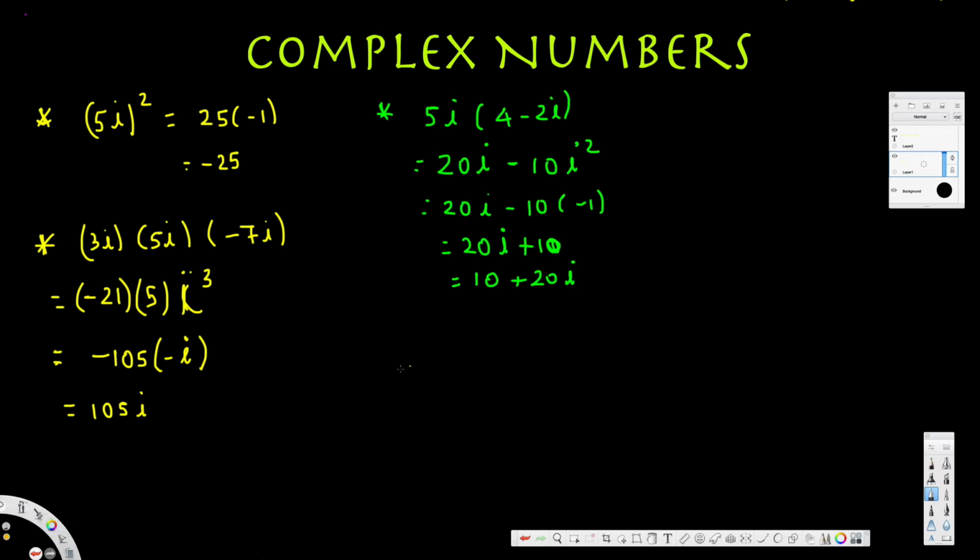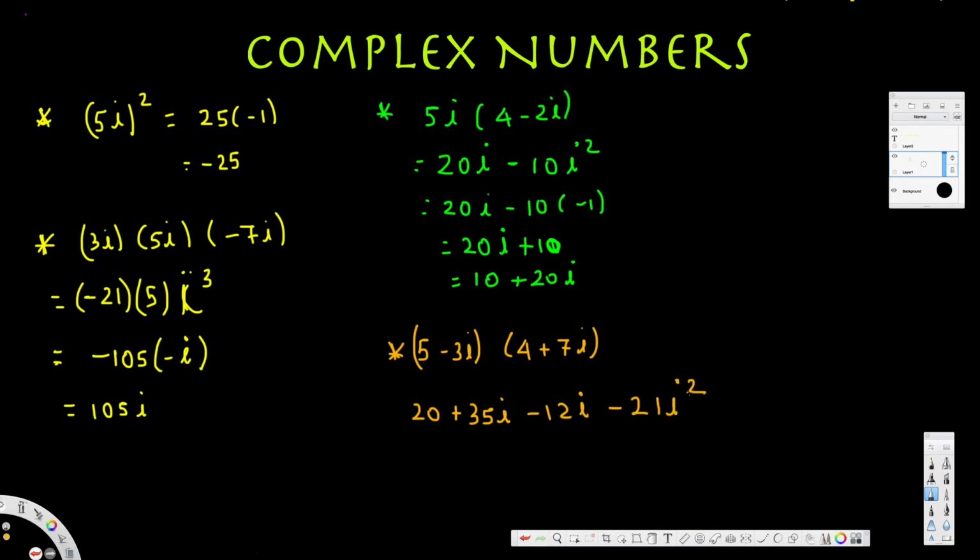Now let's look at another example. Let's say we have something like this: 5 minus 3i multiplied by 4 plus 7i. Here what we have to do is FOIL first, then simplify. If we FOIL this one, 5 times 4 we are going to get 20, and 5 times 7i, that's going to give us 35i, and then -3i times 4, that's -12i, and then -3i times 7i, we are going to get